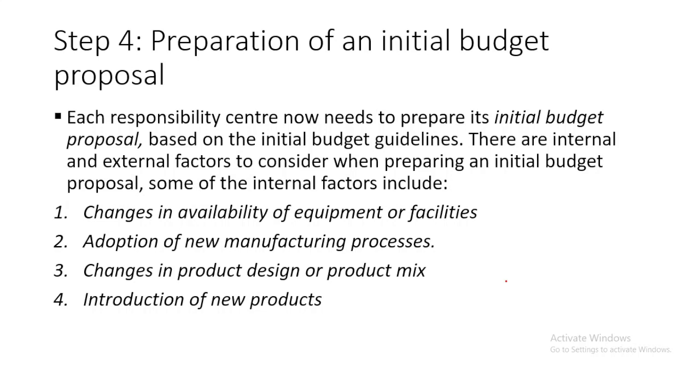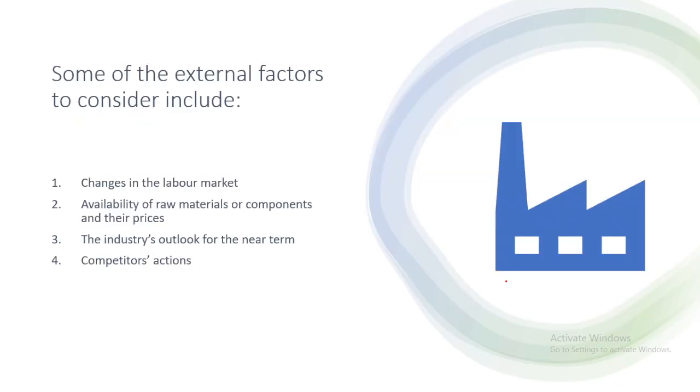The external factors will be talking about the price of raw material from our suppliers, or the price that our suppliers are giving us in terms of supplying our product. Economic condition, identifying the new selling price in terms of the demand in the market. Do we have demand? Is our price still relevant in terms of what our competitors are offering in the market? Those are the external factors that will affect the budget preparation, so we also need to consider those.